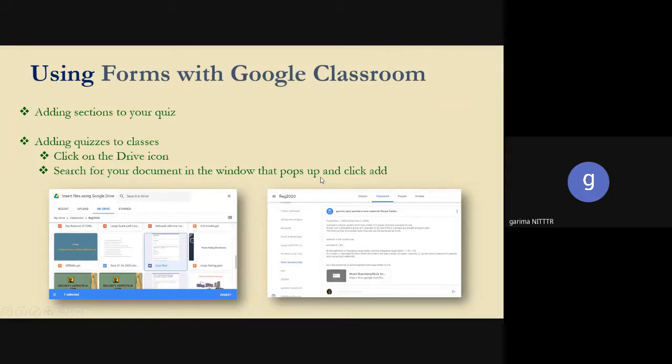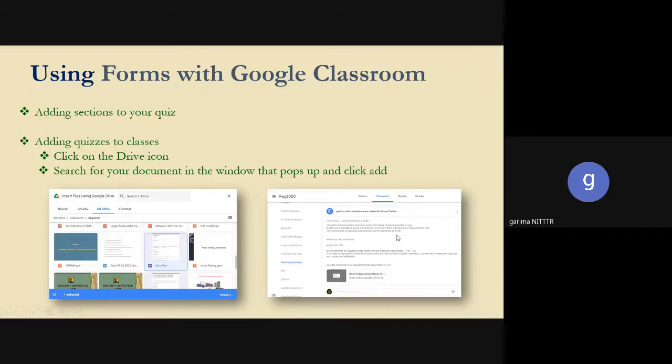For example, I have shown in this that from my Google Drive folder, we have different PPTs and quizzes related to that particular Google Classroom. And I have just added this quiz. I just click it and then add it to this. And when I add it, you get the information. So it is basically how you are assigning your assignment or giving classwork to your students, whether you are using Google Drive, or any Google attachment link, and so on. It is up to you, but from Google Drive, you can easily attach your assignments to the Google Classroom.